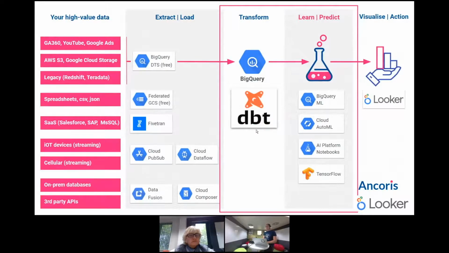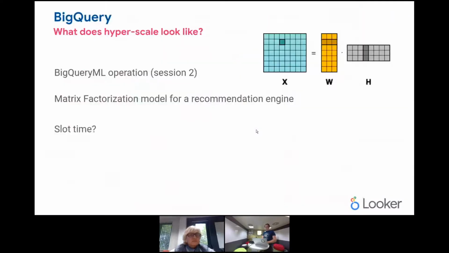There were some complexities around billing, but if you want to read our article or a case study on that, you can learn more about it. And then it's worth talking around BigQuery and just how powerful it is, really. So when we train that matrix factorization model,